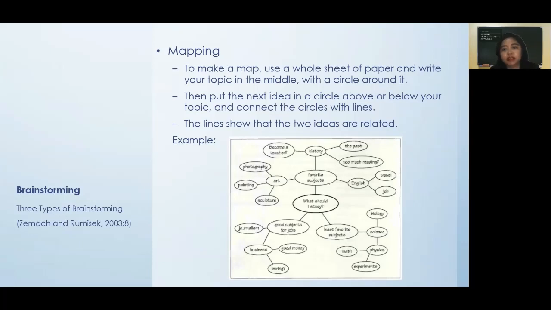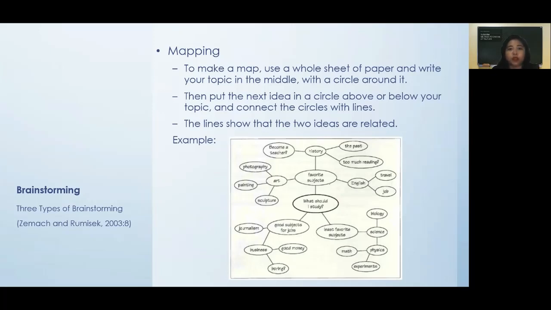Then put the next idea in a circle above or below your topic and connect the circles with lines. As I said, the lines show that two ideas are related to each other. All of these ideas are related, that's why they are connected by lines. I think mapping, or the mind mapping process, is my best way of doing